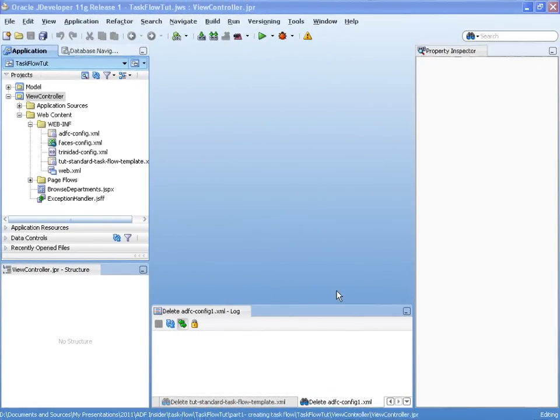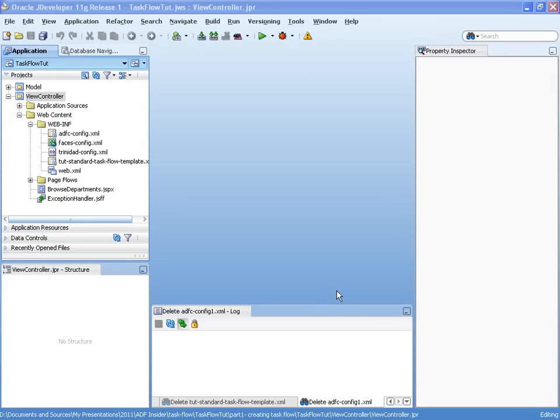The application I showed you at the beginning has two bounded task flows at runtime. One bounded task flow shows detail information for a selected parent collection in the containing page, the parent page of my ADF region, and the other one edits the selected detail information to change employee data. The first bounded task flow I called the employee detail bounded task flow, and the second one the employee edit